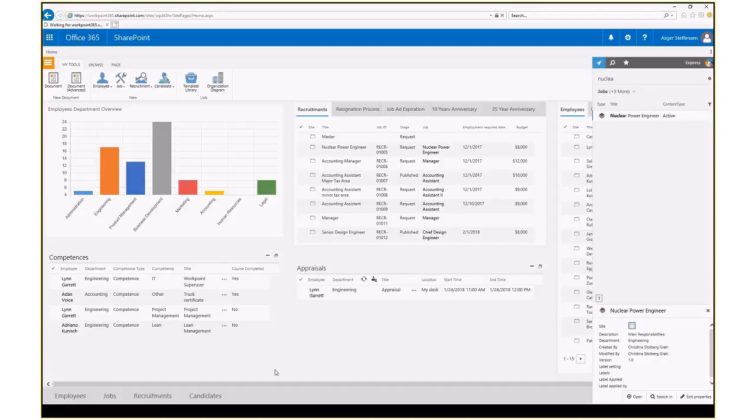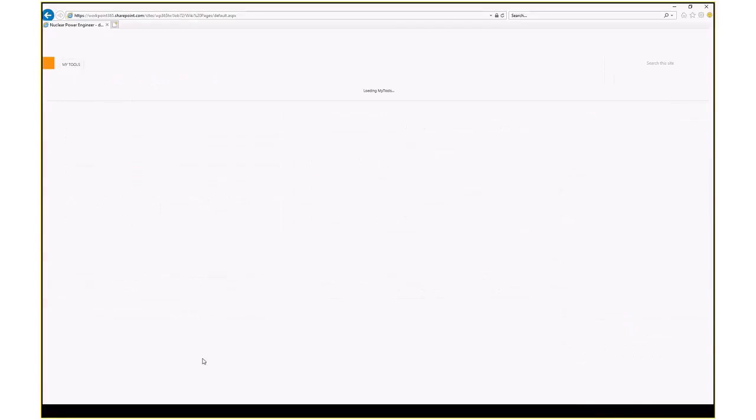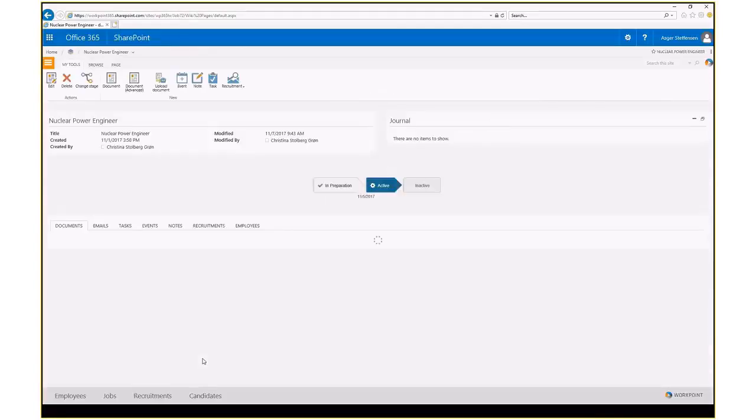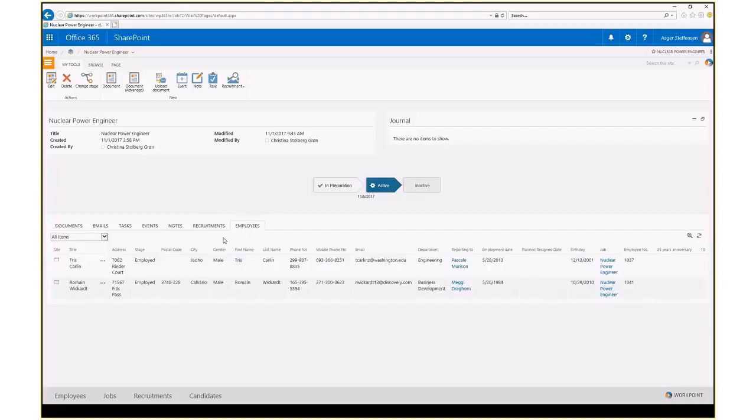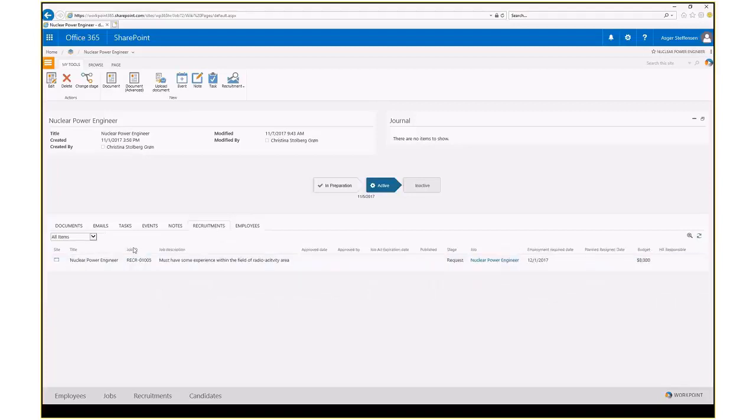And now we're in the jobs module. So the job site will show me the job description. I require a new nuclear power engineer. I have the usual ability to add content to here, job description, etc. But more interesting, I have here the ability to create recruitments, or already existing employees are listed here. We have the nuclear power engineers employees, we have 2 so far, and we have a recruitment open with